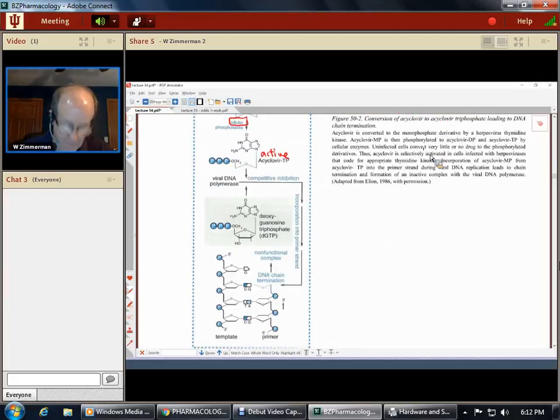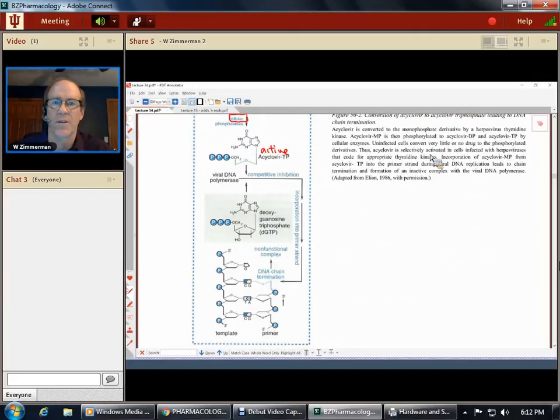Okay, assuming the herpes virus has gone ahead and activated this compound, we then have the viral DNA polymerase. And this is real common for these antiviral drugs. You're not going to have competition between, this is the normal analog that will fit in, the deoxyguanosine triphosphate. It'll be competing with the acyclovir. And what happens is that actually slows down,